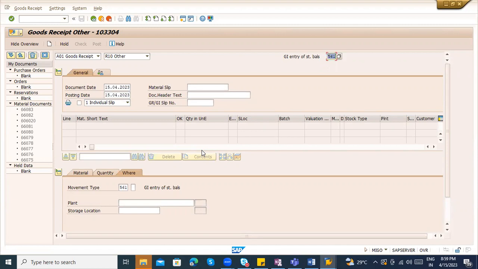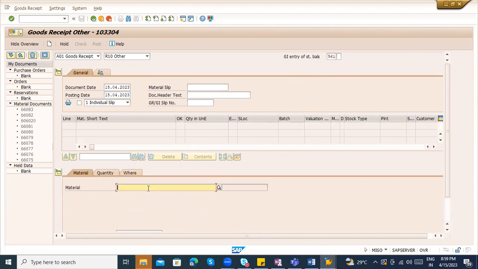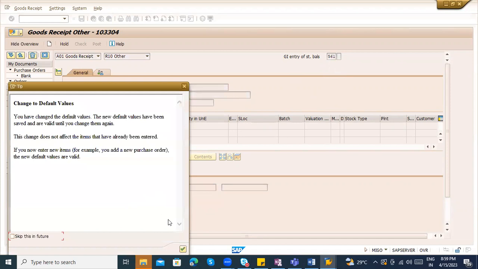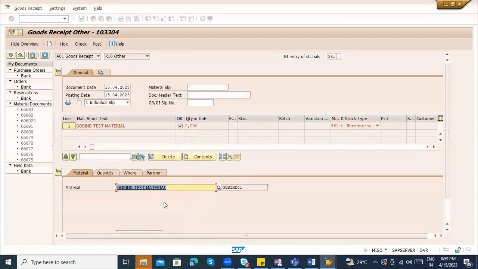So on a particular go live, before that, they will take the available open quantity of each and every material, and they will upload it using the 561 movement type. Okay. Then once it is completed, the open quantity, everything is uploaded, then they will restrict